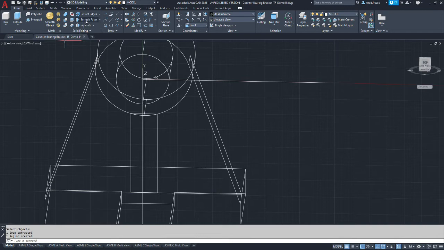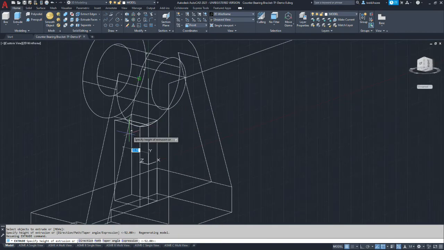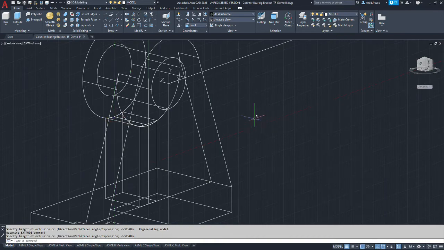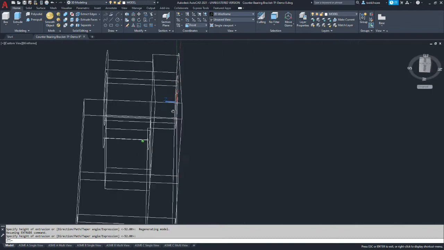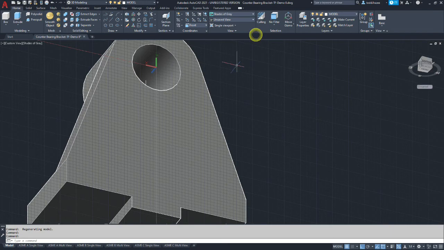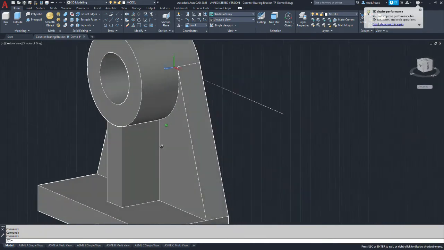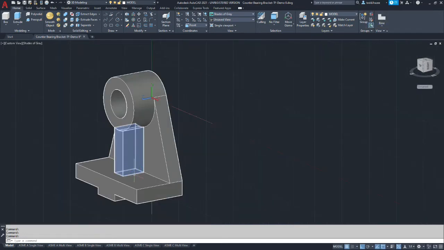and then we're going to do an extrude. We're going to select our region. We're going to accept it by hitting enter, and set the height to the height of our boss by clicking on that line there. Okay. So if we go to shade mode and we look at the front of the part, so the back, we should have a feature that looks like this. Now we need to put the tapered face on it.